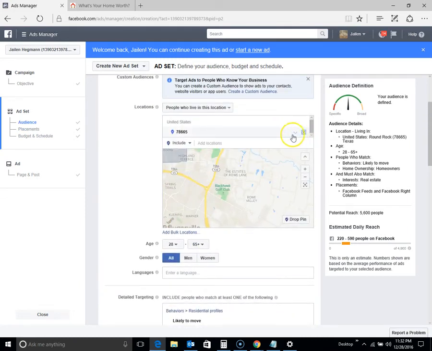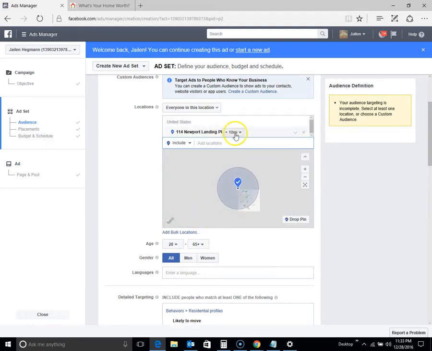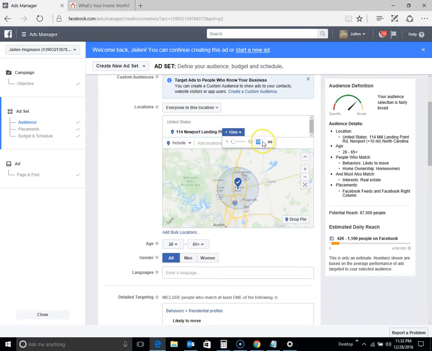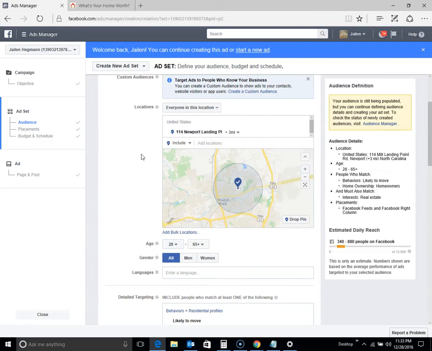But you can go one step further. So let's just put in an address, a home I worked on before. Let's do this. You can narrow it down by address. So if you want to put in an address, like say you just sold 114 Newport Landing Place, right? Put that address in there. I don't want to do a 10-mile radius. Let's do a 3-mile radius on it. And let's display this to,